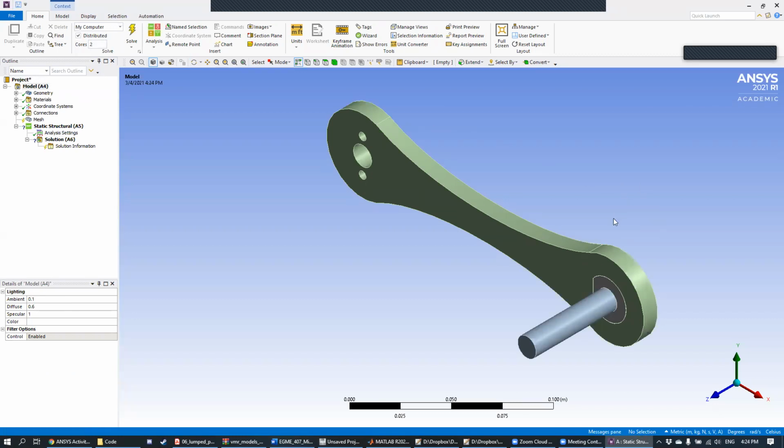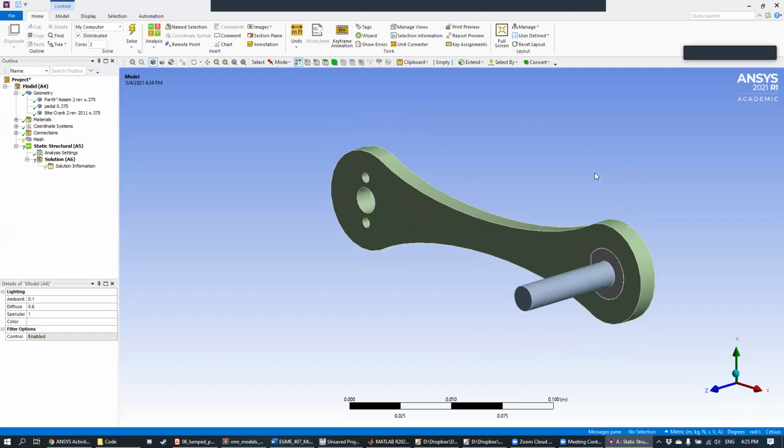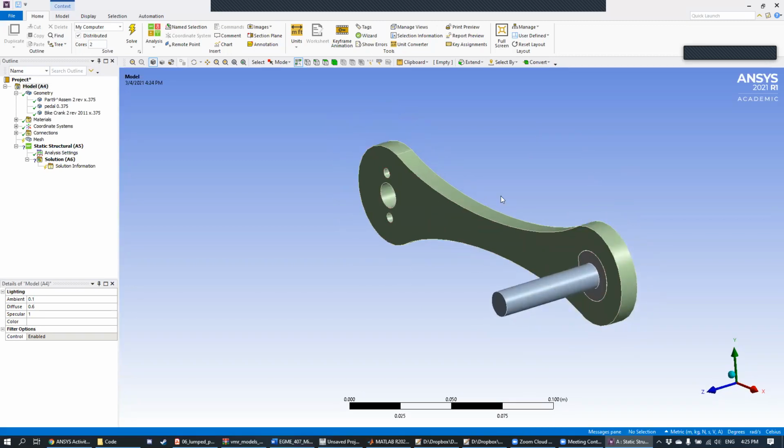Okay. And so if you double click on Model here on your ANSYS Workbench, you should come to this screen right here, which shows your bike crank. So this is going to be the geometry for our simulation for this activity. Now that we're here, we're ready to start working with the geometry. Actually, Alex, to answer your question, now is where we're going to assign the material properties to this bike crank. But before we do that, you should see that this bike crank that I gave you